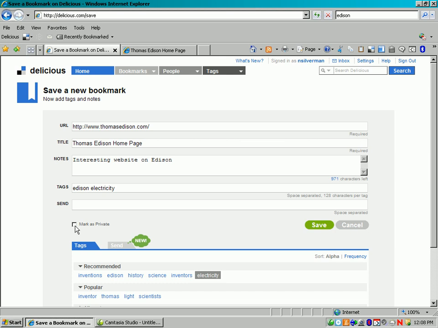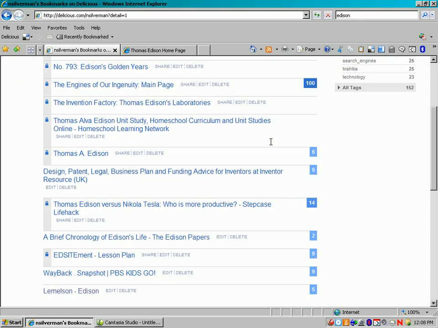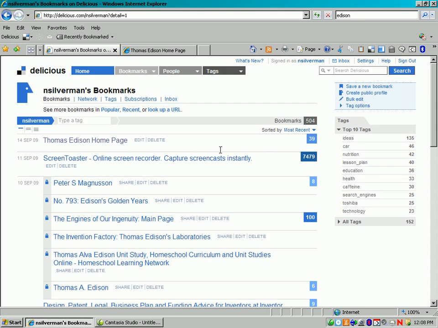And if I wanted to make it private, I can click this box here. Mark it as private, but I don't mind keeping it available to everybody else, so I'm going to hit Save. And you'll see that now it's at the top of my Delicious menu. If I wanted to see less information, because I have a lot of bookmarks, I could click over here, and it'll just give me the title, and then I could just scroll through this real quickly. Anytime you have a website that's up here you want to get rid of, for whatever reason, you can always hit the delete button and delete the bookmark,